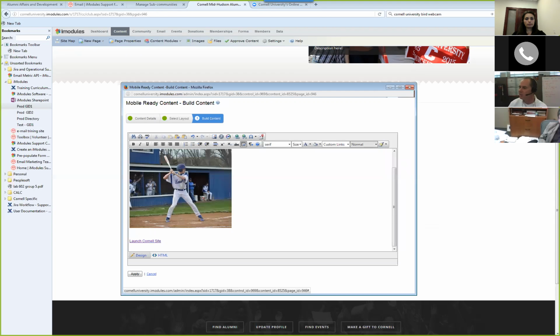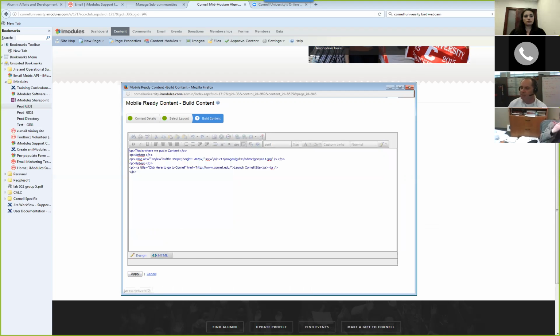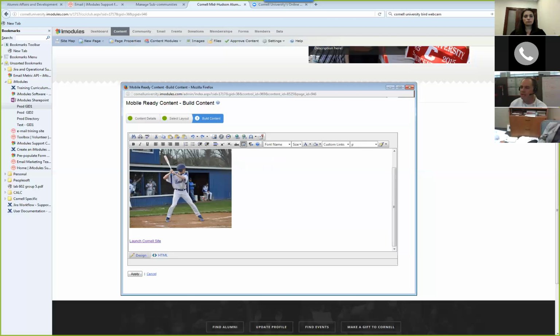We can change the sizing, we can change the fonts we use, we can add in indent and outdent. So it's something you can kind of play with and have some fun with, all right? One piece of advice is right here. This is design. This is an HTML section. My words of advice is do not play with the HTML. If they really want to play with the HTML, you should be working with your engagement officer and you can talk with us, but I would stay away from HTML as much as possible. Use the design tool, all right?